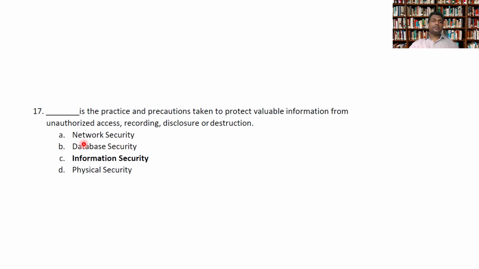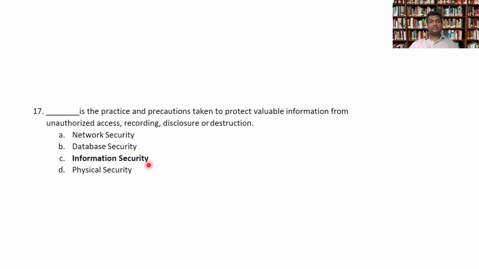And network security means your database and your servers, email, your internal ERP, everything is connected with your network. So you have Wi-Fi, you have network cables, you have routers, you have switches, all these things in your organization. So you have to protect the network so that other people will not connect to it, or disrupt or damage the network so that you can't do your business. So that is network security.